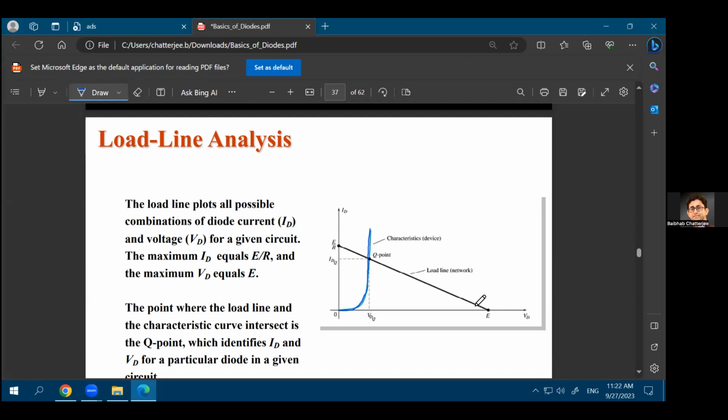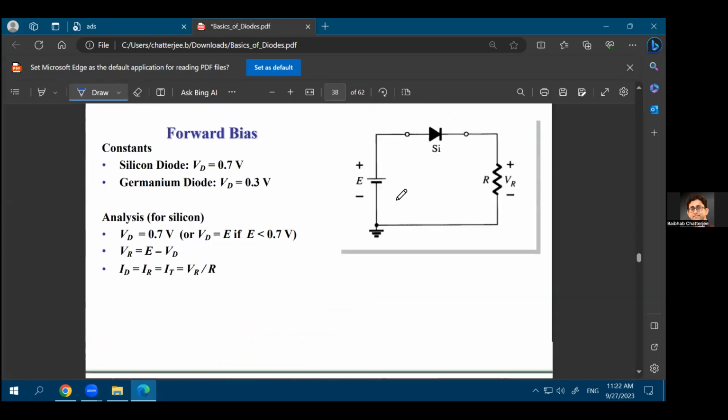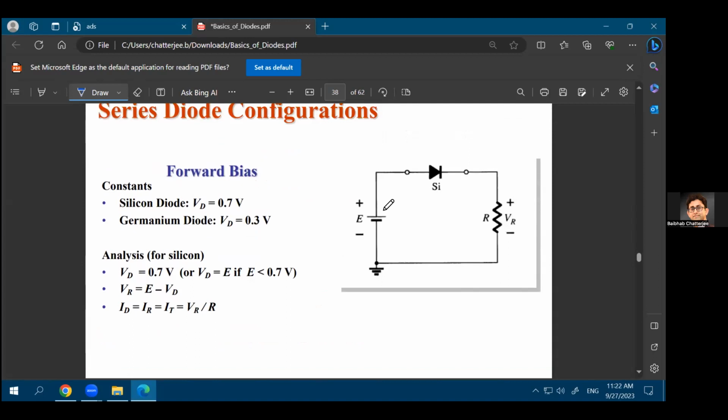That I have a resistance, and if my voltage... Let me show you the actual circuit, then it will be clearer. Let's say this is the circuit that we are trying to analyze. You have a battery or a voltage source, you have a diode, and you have a resistor. Okay. So what is happening here? As I apply a positive voltage here,